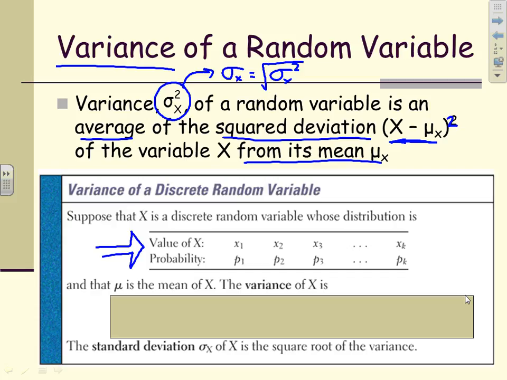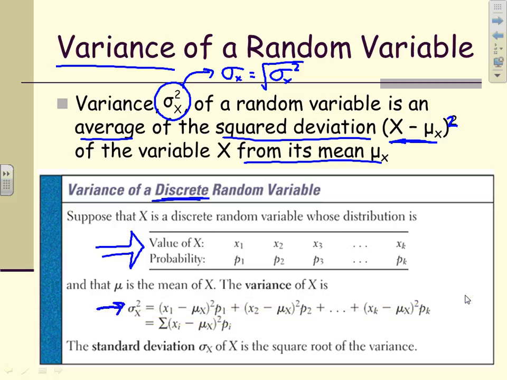So if we're looking down here, again with our probability distribution, so we're only referring to discrete random variables. If we're looking for the variance, we take, again, variance here, not standard deviation just yet. We take the x1 minus the mean, we square it, and then we multiply it by the probability. And then we take the x for the second value, subtract the mean, square it, multiply it by the probability. And we can write that all the way out, or we could just come in and say that it's the sum of all of the x values minus the mean squared times the probability. And again, this is variance.